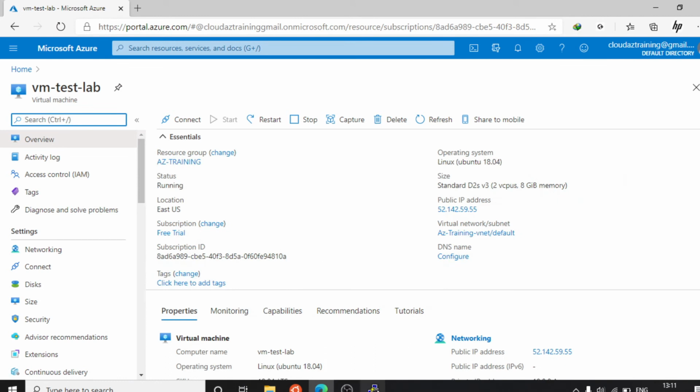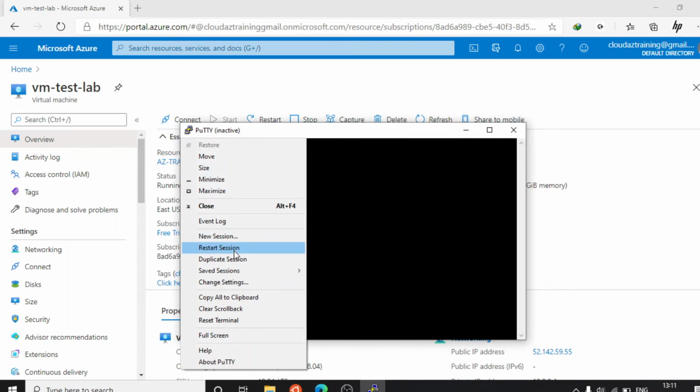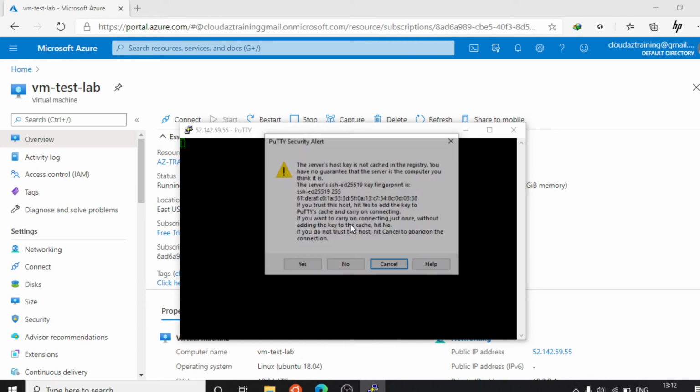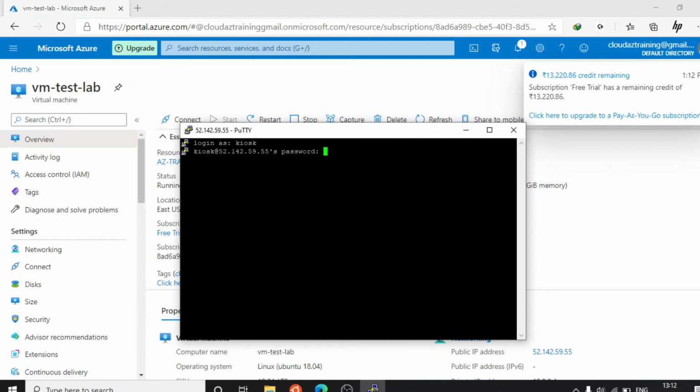Okay, the VM is successfully running. Just restart, click on restart session, and as we can see, our VM is coming. I'm putting the username and password.